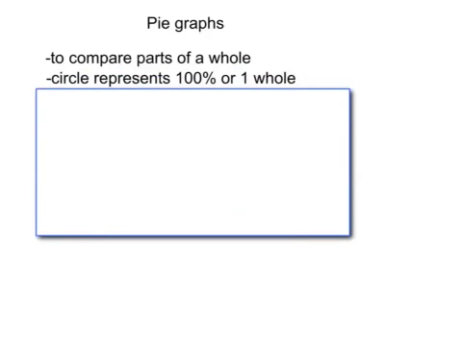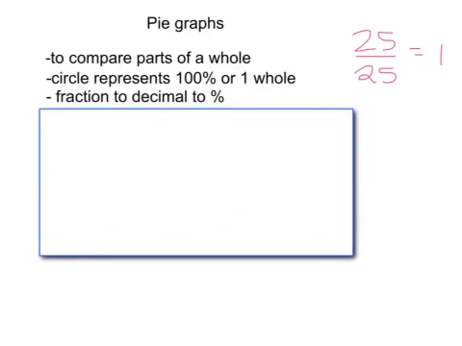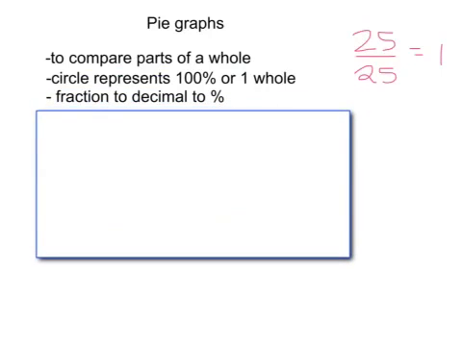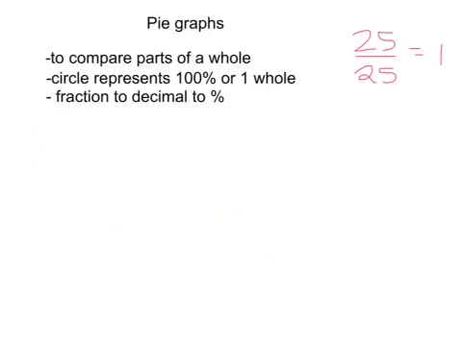And remember that fractions, say 25 over 25, is also equal to one whole. And that we need to be able to do fractions to decimals to percents and the other way around. So let's do a quick review of how we look at fractions, decimals, and percents and what they mean to us. So let's start with